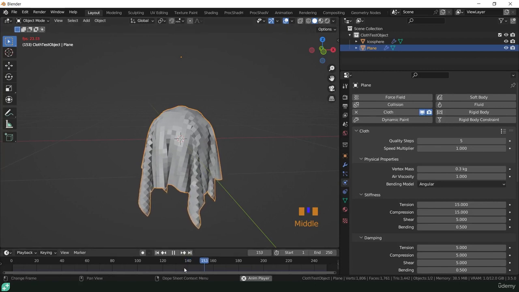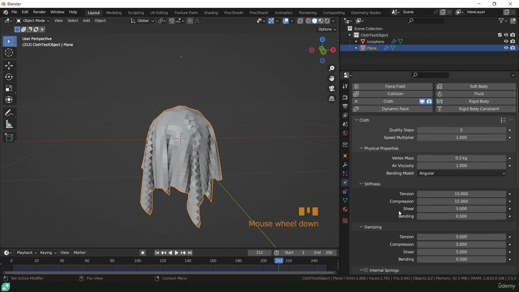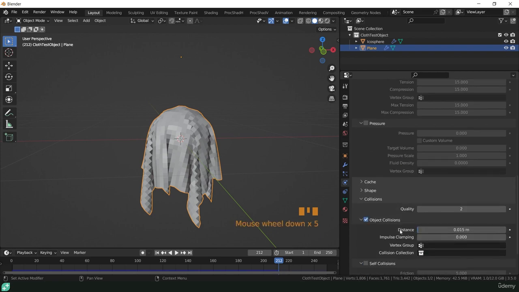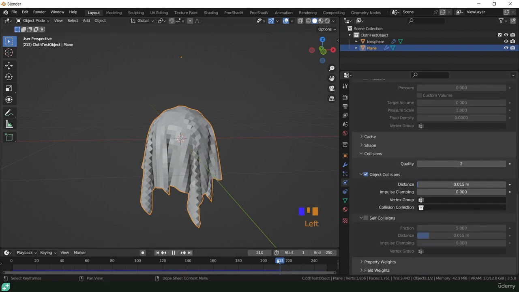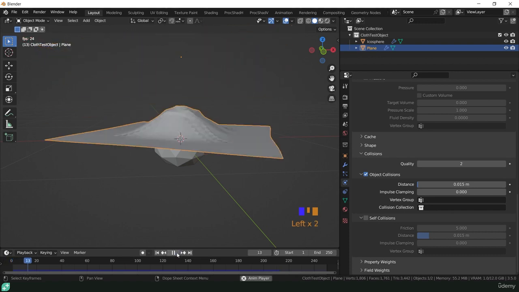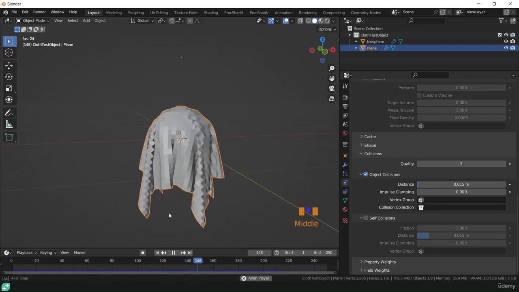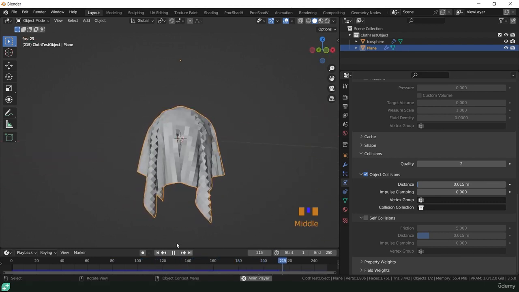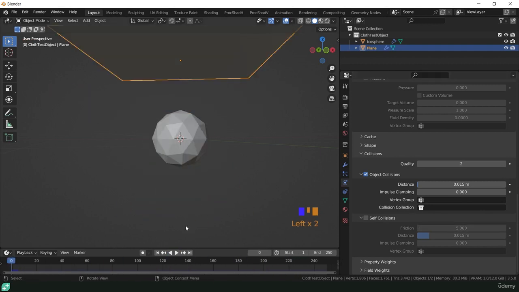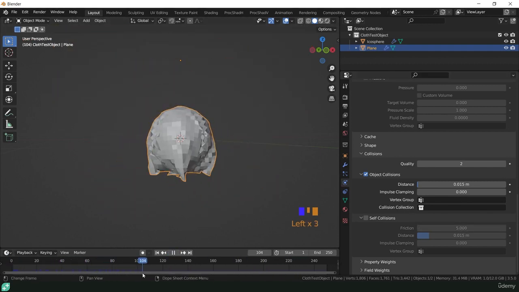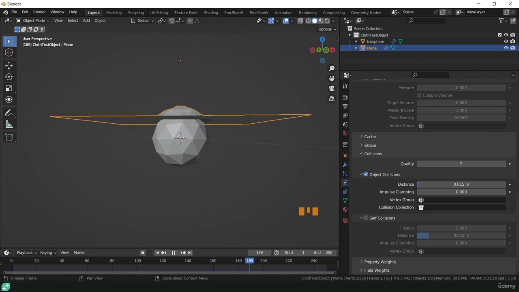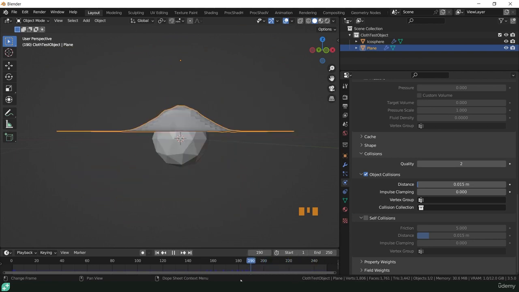Now, depending on how fast your system is, how many subdivisions you have on your mesh and your quality settings in cloth and speed multipliers, etc., anything that you have in collision quality, this may take a longer time to run. If you're really struggling, this object will be available to download. So you don't have to actually worry about doing this cloth simulation. You can just download this object, or you could decrease those quality settings, decrease the amount of topology on your cloth material, and you might be able to get it running. It might not just look quite as nice as hopefully ours will look,